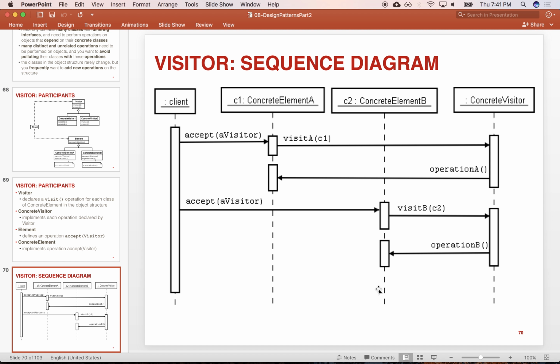We wouldn't know what the actual operation is. That would be hidden by the concrete visitor. We don't have access to that. We only have access to the visitor that would be passed along. So this would be hidden from us, right? This would not be accessible to us. It would be an implementation specific to the concrete visitors, right? And it would say, okay, well, here is the operation I want to pass along and apply to